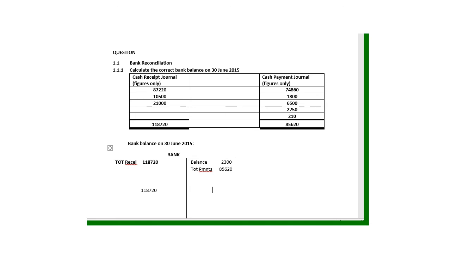But we will copy the total over, 118,720, work out the difference, and that becomes my balance carried down. The difference between 118,720 and the total of those two, which is 87,920, gives me 30,800. So 30,800, bring it down. So now it's a debit balance, a favorable balance. Good. In the next part, we will look at